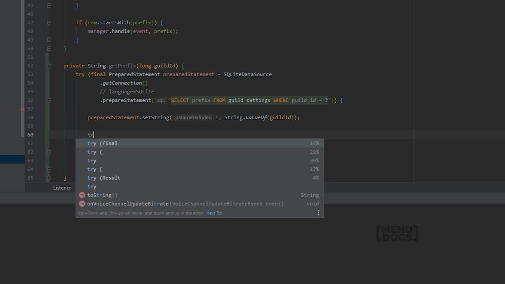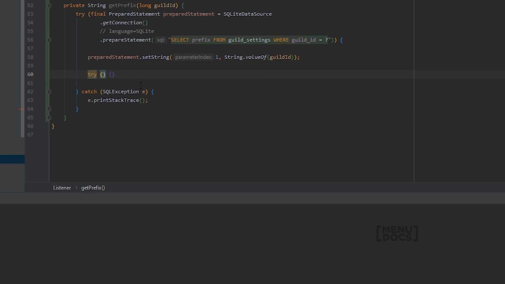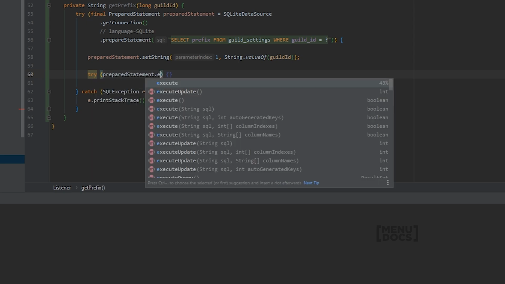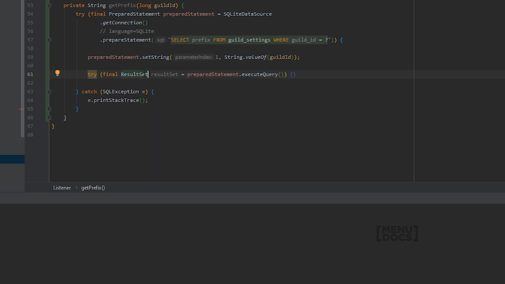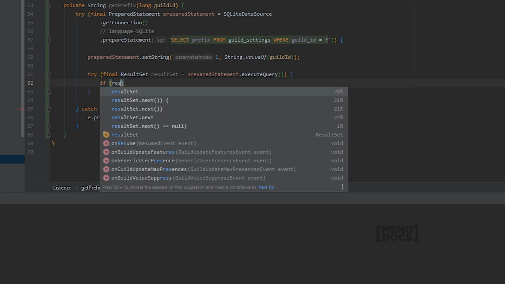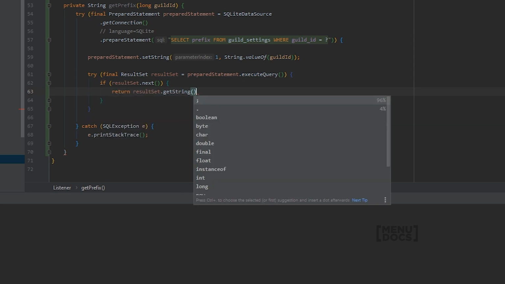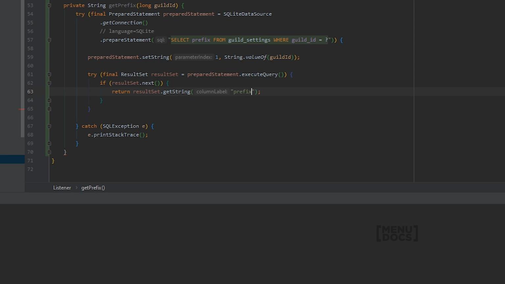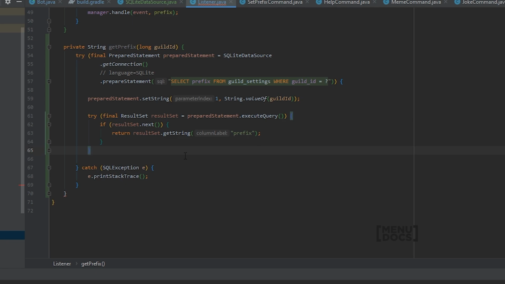Next up, we're gonna make another try with resources, but we don't need a catch block because we're already catching the SQL exception down here. So we're gonna say prepared statement dot execute query. This is our result set, and we're gonna say if result set dot next, we're gonna return result set dot get string prefix. But if somehow we don't have a next, which will happen, for example, when the guild is not in the database,